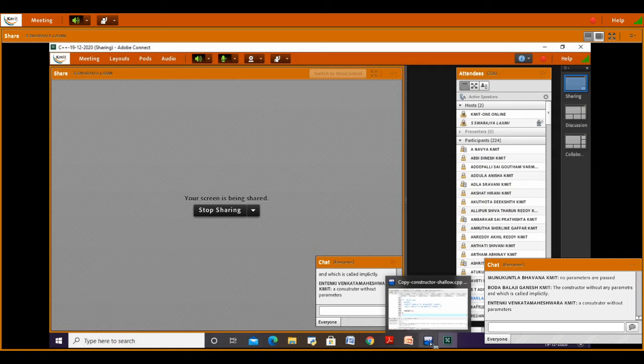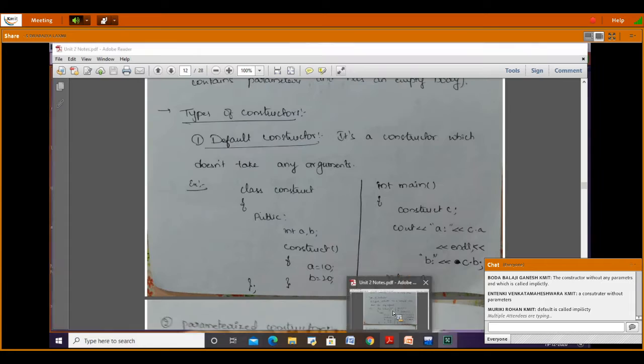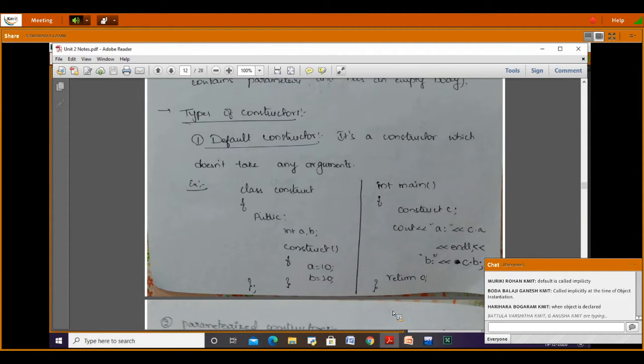So how are these constructors called? Constructors are called at the time of creating an object itself.